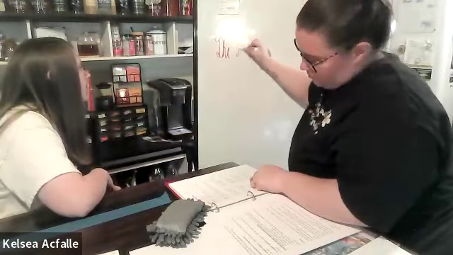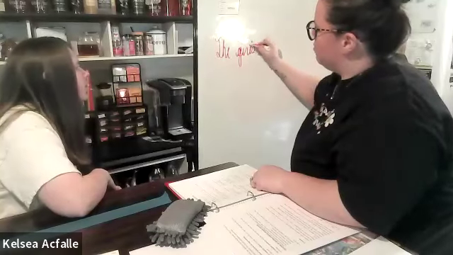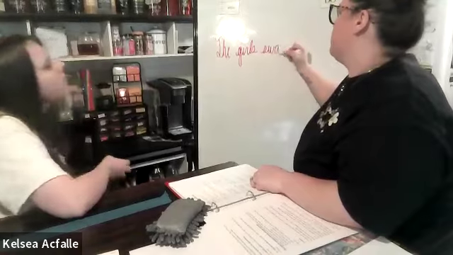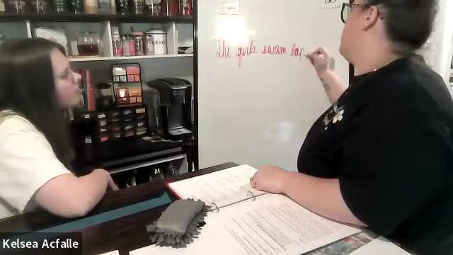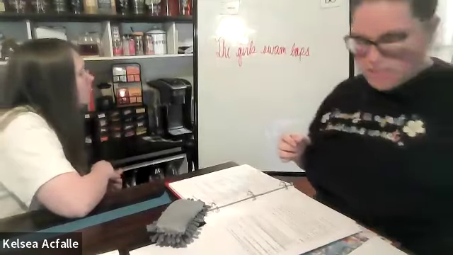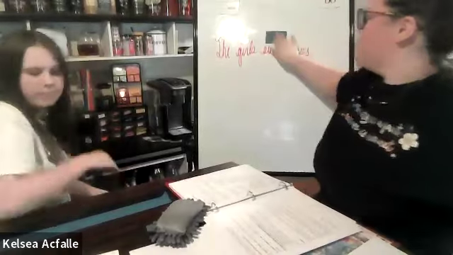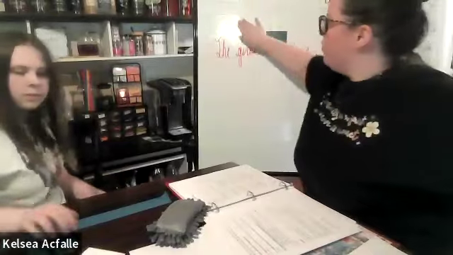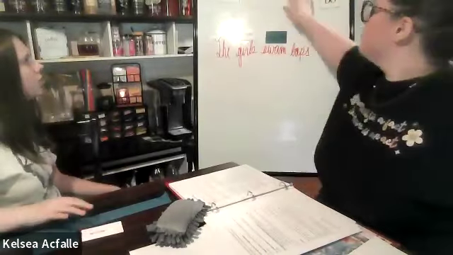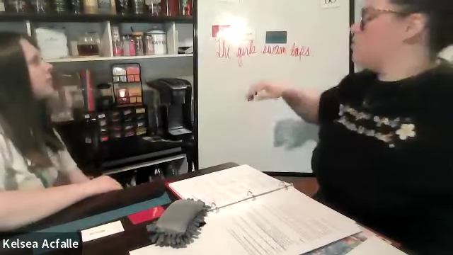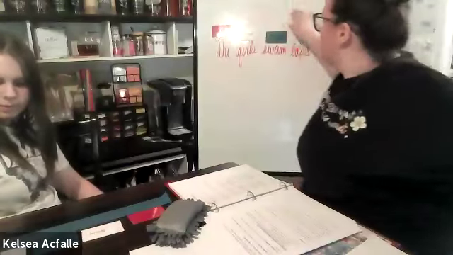The girls swam laps. The girls swam laps. What is the action of our sentence? Swam. Who swam? Girls. They're our noun. What type of girls? The girls. The article. Swam what? Laps, which is our noun. Do we have a noun to receive the action of the action verb? Yes. Laps, so it's our direct object.